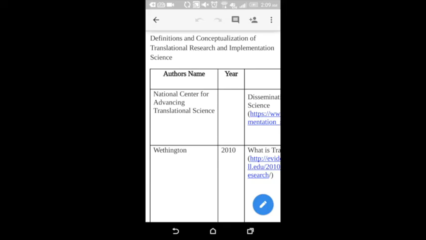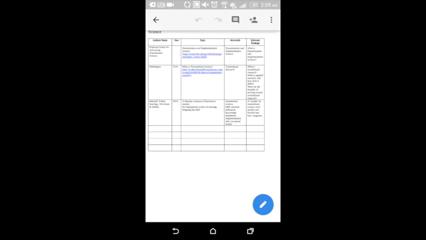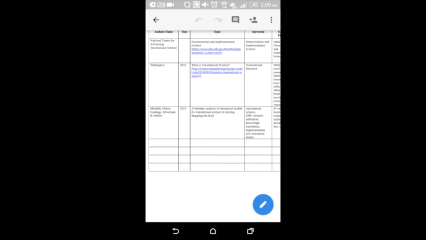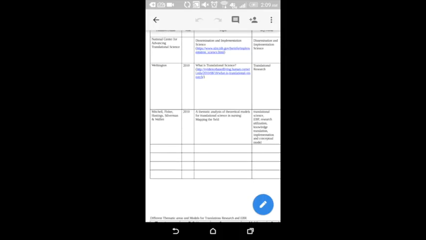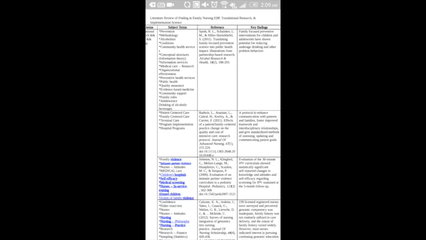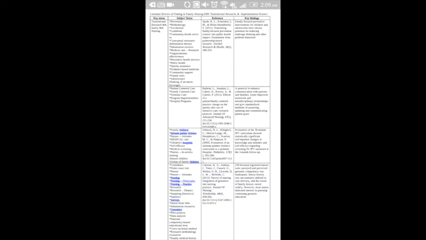So if I open the file, you can see this file was made in MS Word, and see how all the tables and all